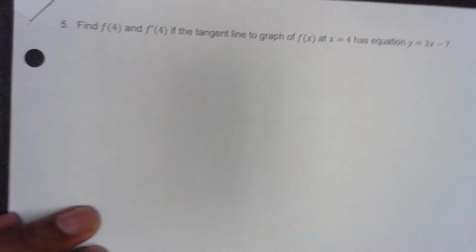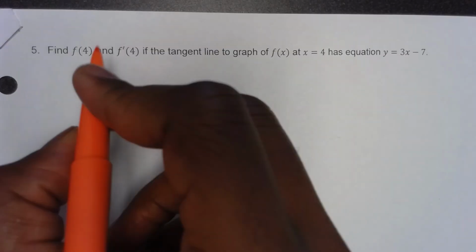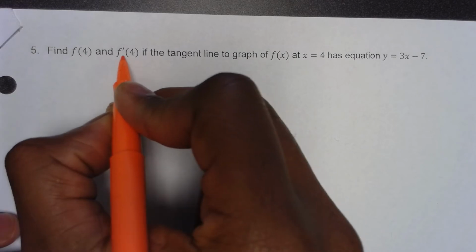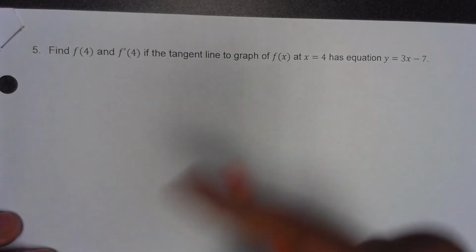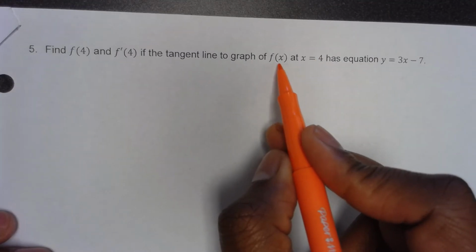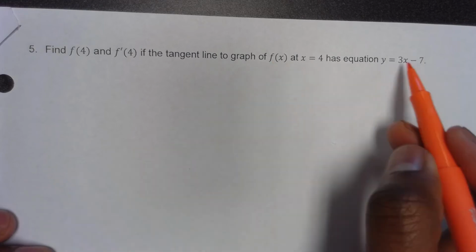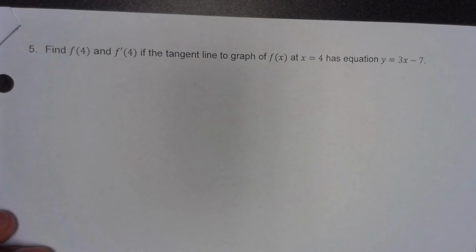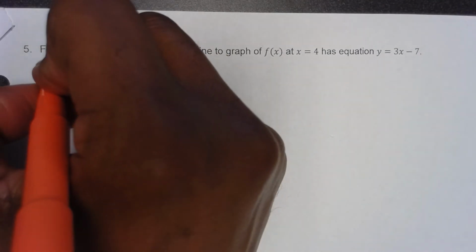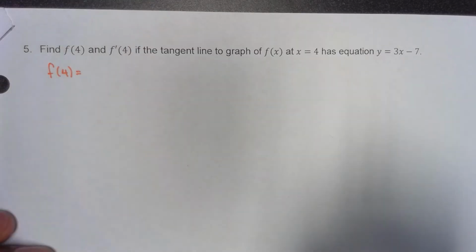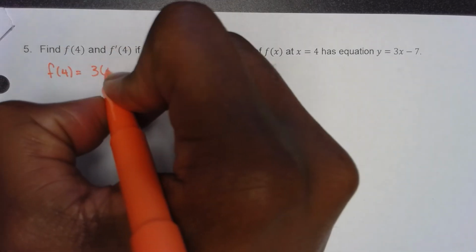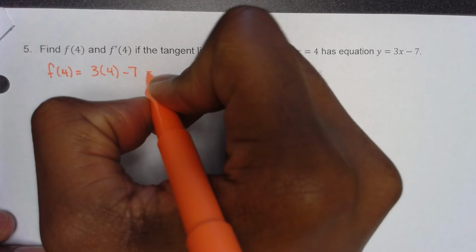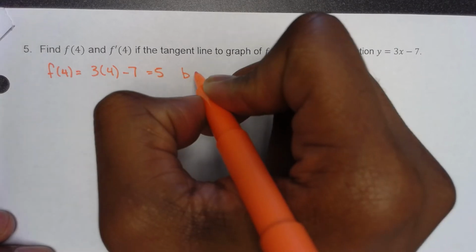For problem number 5, you have to find f of 4 and f prime of 4 if the tangent line of the graph of f of x at x equals 4 is y equals 3x minus 7. In class, I wanted you to explain this in words. It would be something like f of 4 equals 3 times 4 minus 7, which equals 5, because